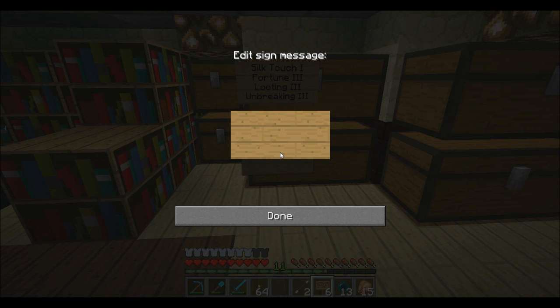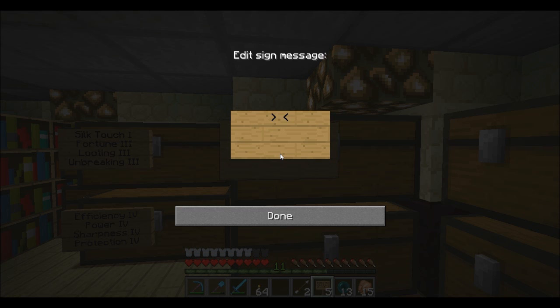We got the awesome ones, which include basically all the fours: efficiency, power, and the last one would be, I should have written these down. Protection. Is there a protection 4? I think there is. And then there's the good ones, which would be...